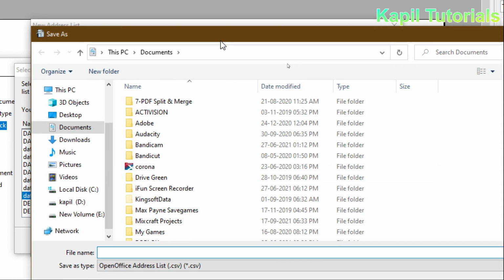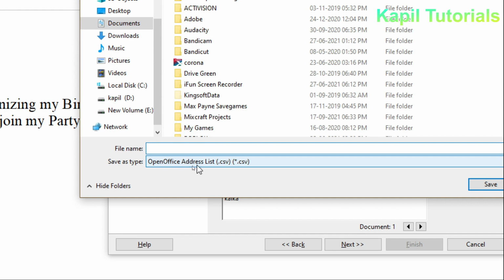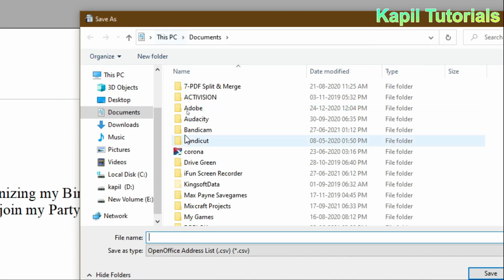After this, it will ask me to save the file, and saving the file means an OpenOffice address list. The name it is giving is OpenOffice address list .csv. So I have to save the file, and I am giving the name as birthday list.